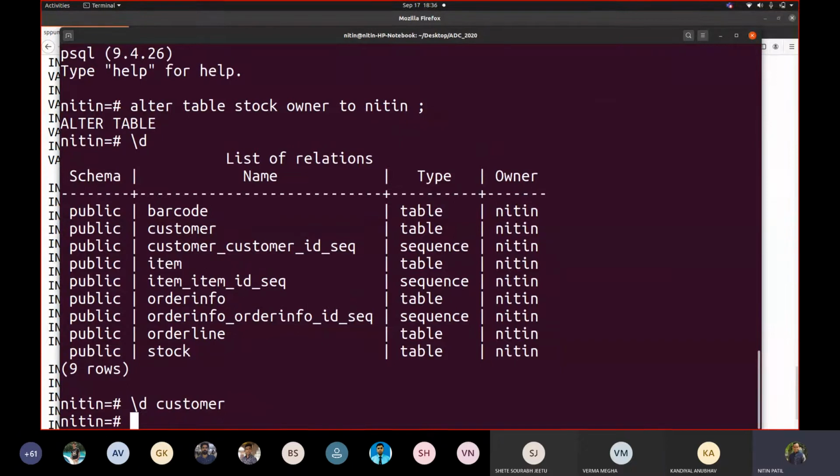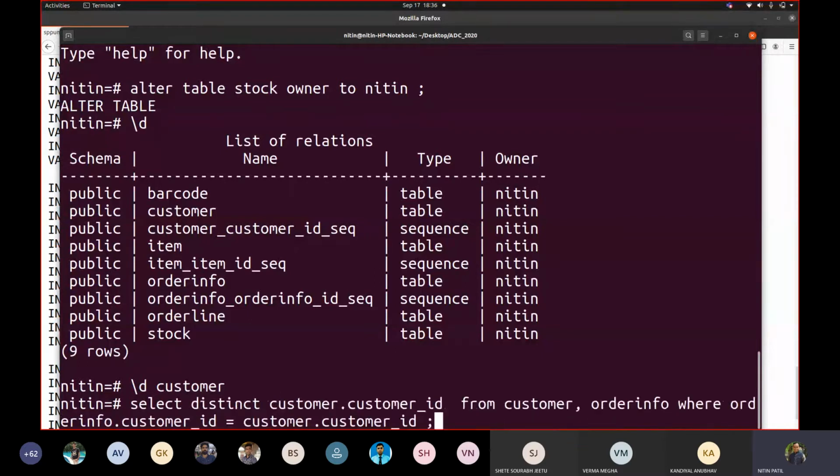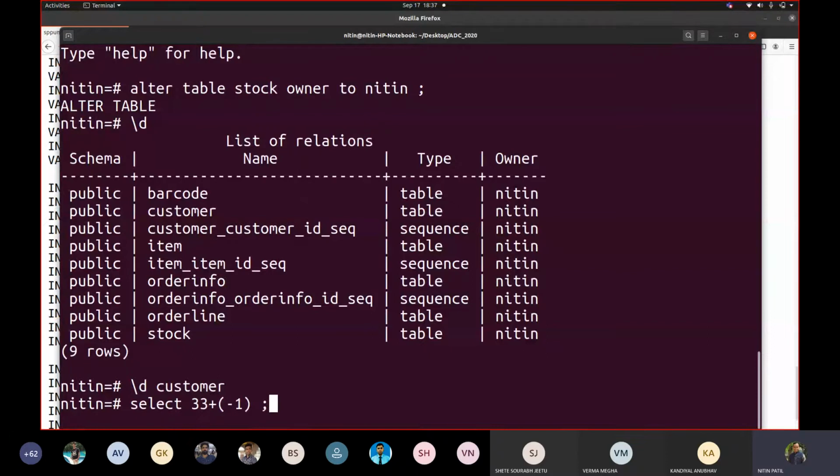Good. So I gave you on the Moodle course one particular file which was containing a dump of data which we inserted. If you recall in the previous session, we talked about slash i, and the file name we gave there executed this particular case. At the same time, I showed you what you can call the slash e option. I hope you must have tried that slash e option, everyone.